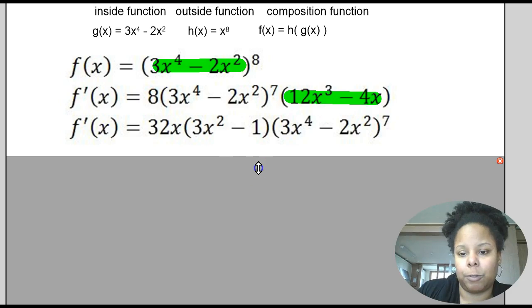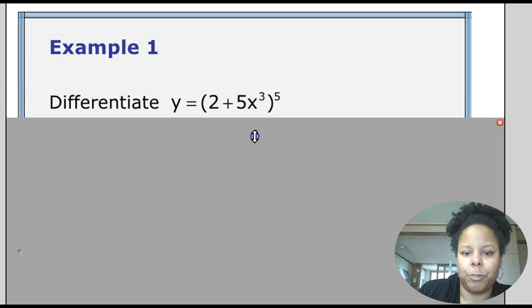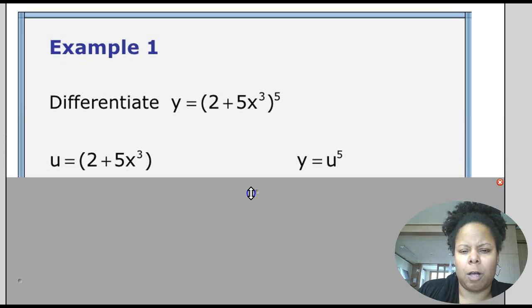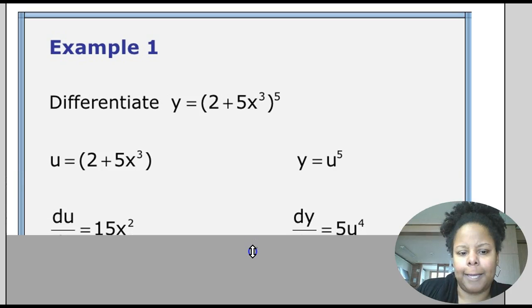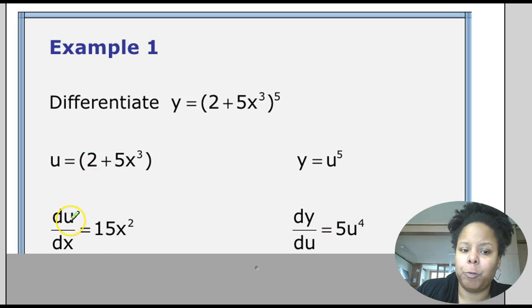Let's take a look at another way to do this so it won't get so confusing, which I like to call using substitution. So this is example 2. Let's differentiate this function, which is really a composite function. We're going to call the inside function u, 2 plus 5x to the 3rd. And the outside function is the inside function to the 5th power, so u to the 5th. The derivative of y with respect to u is 5u to the 4th, and the derivative of u with respect to x is 15x squared. So according to the chain rule,